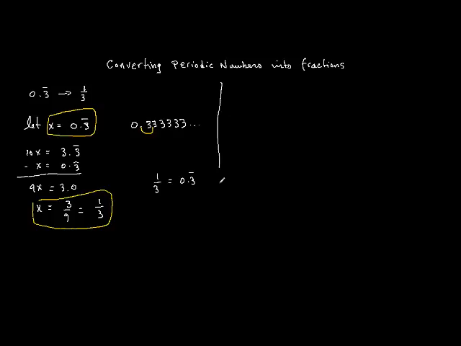Now, using the same method, let's do something a bit more complicated. I'm going to say, okay, we have 0.23 repeating. So now it's not just one number repeating forever. It's 0.23 that's repeating. So what this looks like is 0.232323, etc. Now the first thing we do is we assign the variable x to that. So let x equal 0.232323. And then we multiply by 10. So 10x is equal to